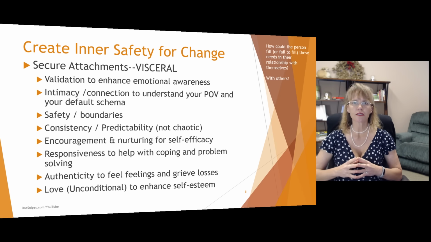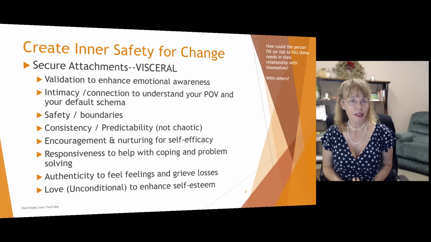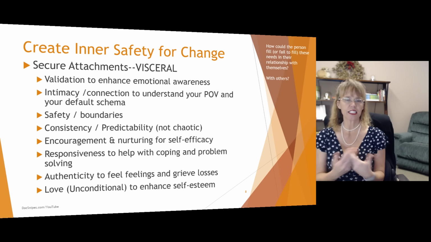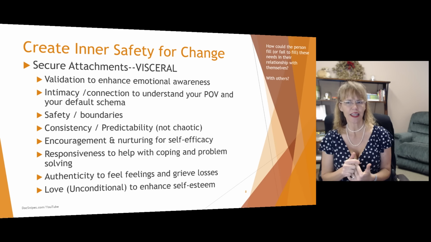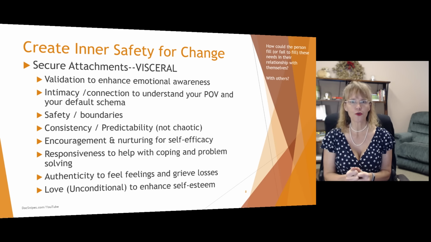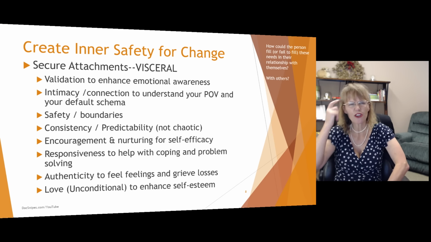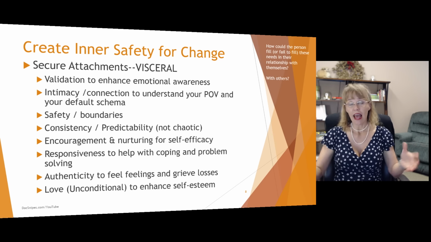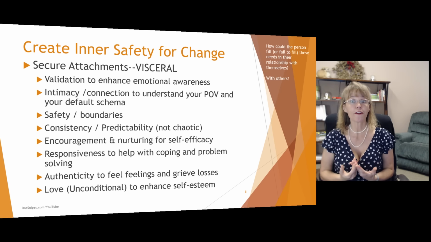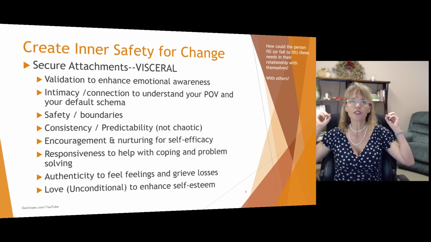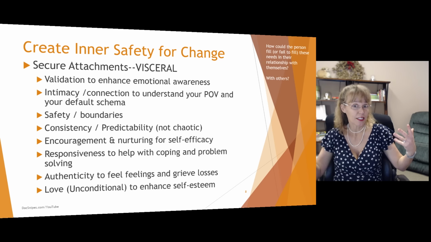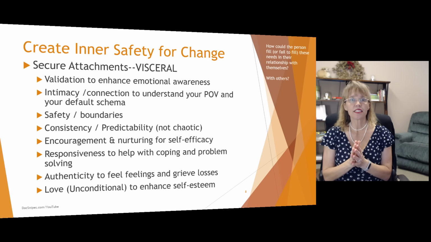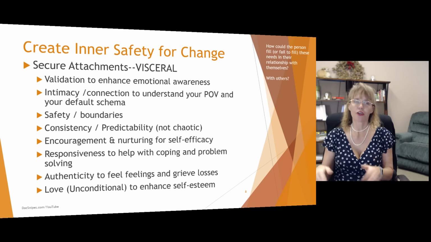So people need to start exploring when they validate their feelings, they validate their thoughts, wants, and needs, and then they start asking themselves, they develop this intimacy, this curiosity to understand their point of view and their default schema. They start saying, okay, I'm curious. Why am I feeling anxious right now? What about this situation is triggering my anxiety? What's my point of view? And what are the default schema, which are our memories, if you will? What are the memories that are telling me or triggering these feelings right now? And again, are they accurate in the present context?